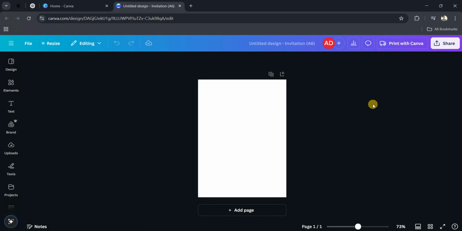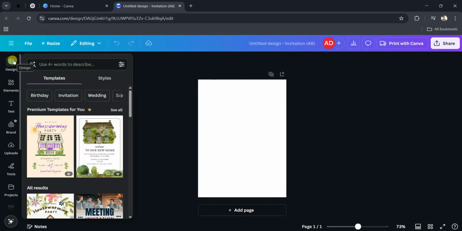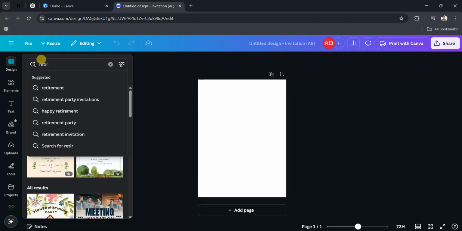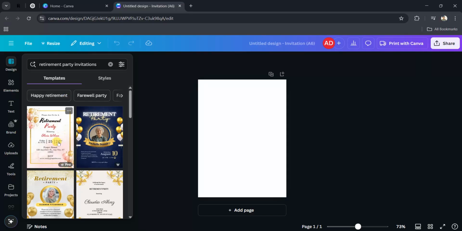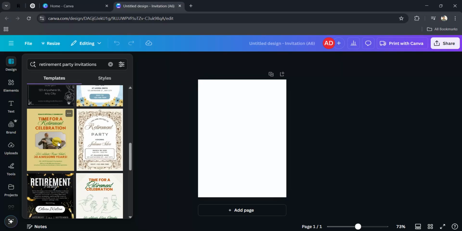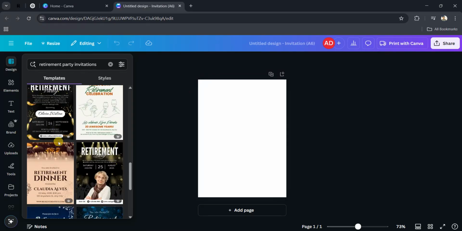Click on invitation portrait. Now as you can see here, Canva design offers 1,000s of templates to give you a suggestion for creating an invitation. For example, I want to create an invitation for my retirement party, so I will type retirement. As you can see here, retirement party invitations. Now it suggests 100s of concept ideas, so I will click on this retirement